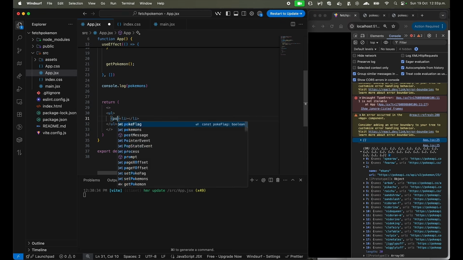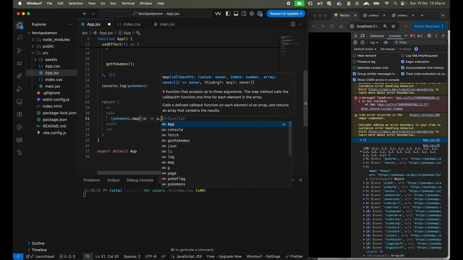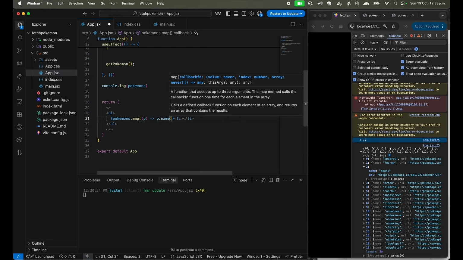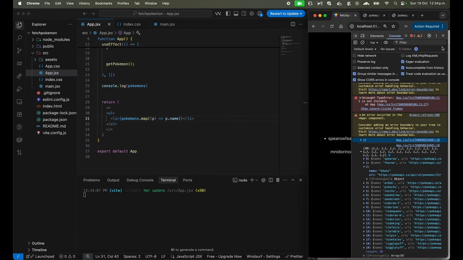So we have Pokemons. We need to map them. Let's say we have a P of Pokemon, and we need to show the name. So there we have